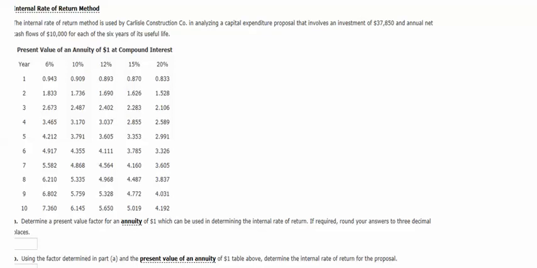Well, it says that the internal rate of return method is used by Carlisle Construction Company in analyzing a capital expenditure proposal that involves an investment of $37,850 and annual net cash flows of $10,000 for each year, 6 years of its useful life. So we are going to be looking at the 6-year row. 6 years, and